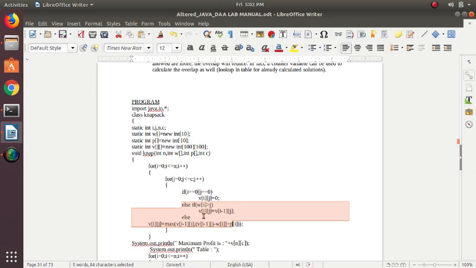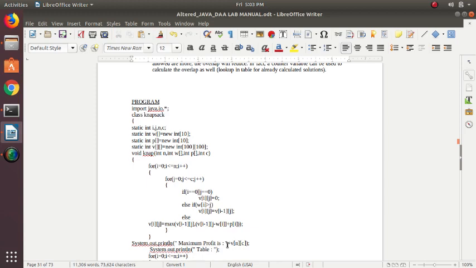Otherwise, if w of i is greater than j, this will be done. Else, the maximum of these values is assigned to v of i, j. We calculate the maximum profit by adding all those profits here, and at last we'll print that maximum profit out of this problem. That's our problem solution.